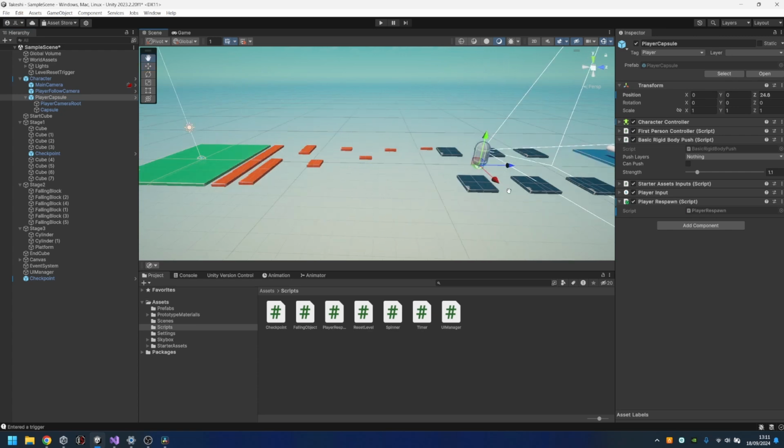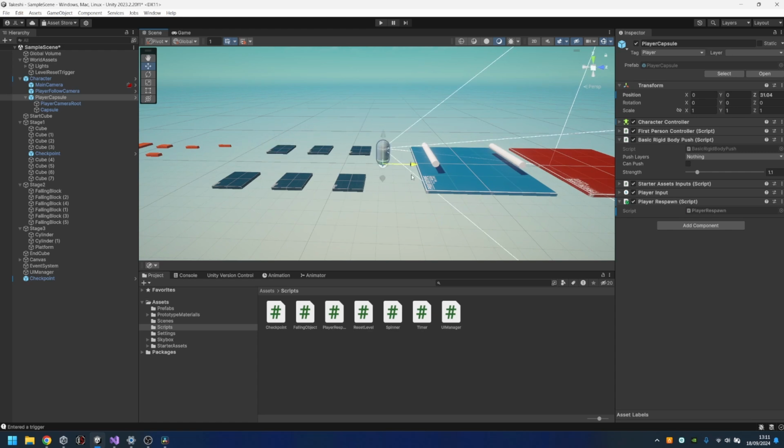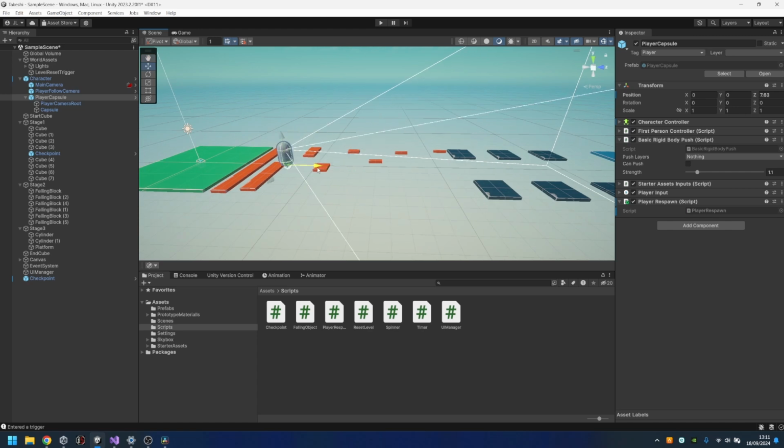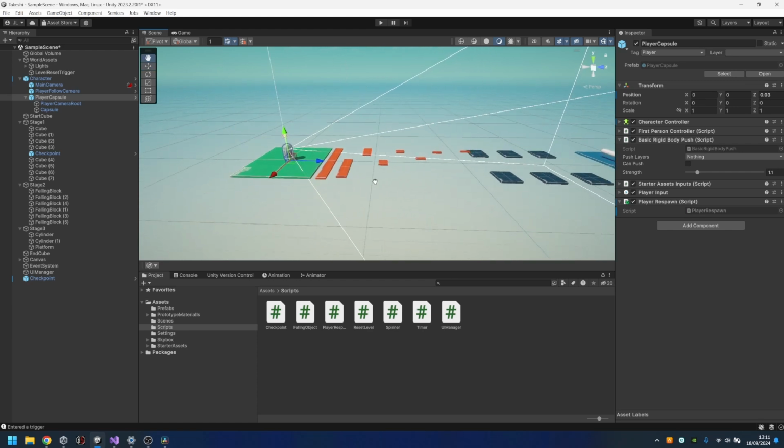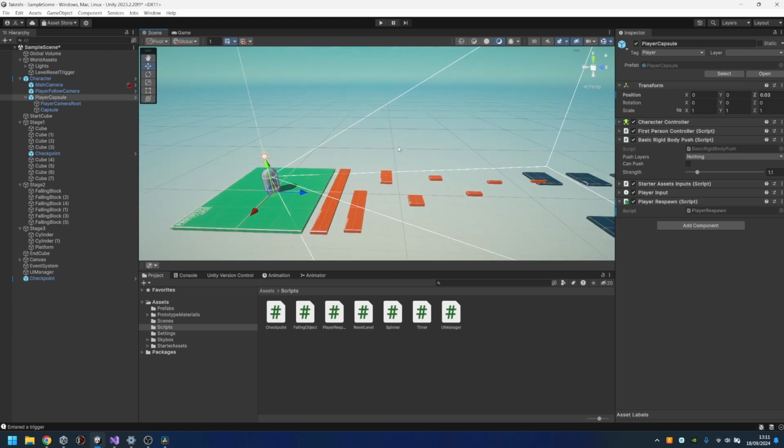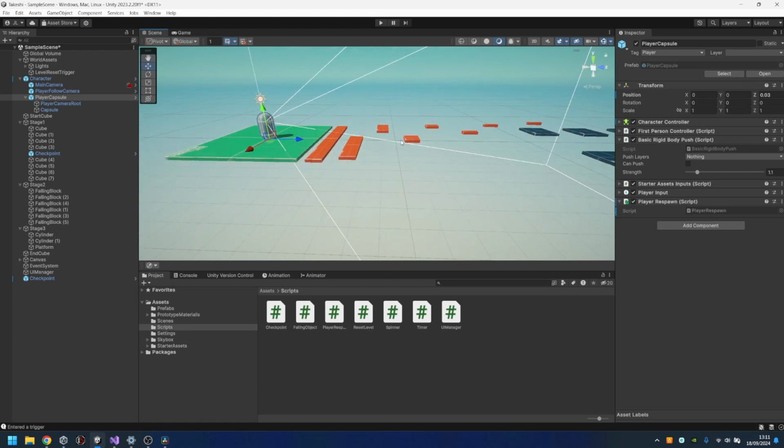We run through the game, we go through the new checkpoint, we die, we go back to the new checkpoint. If we haven't hit a checkpoint when we start the game, we're always going to return back to this start position here. Okay? And then, like I said, what we'll do is the extension task for you guys to do is to